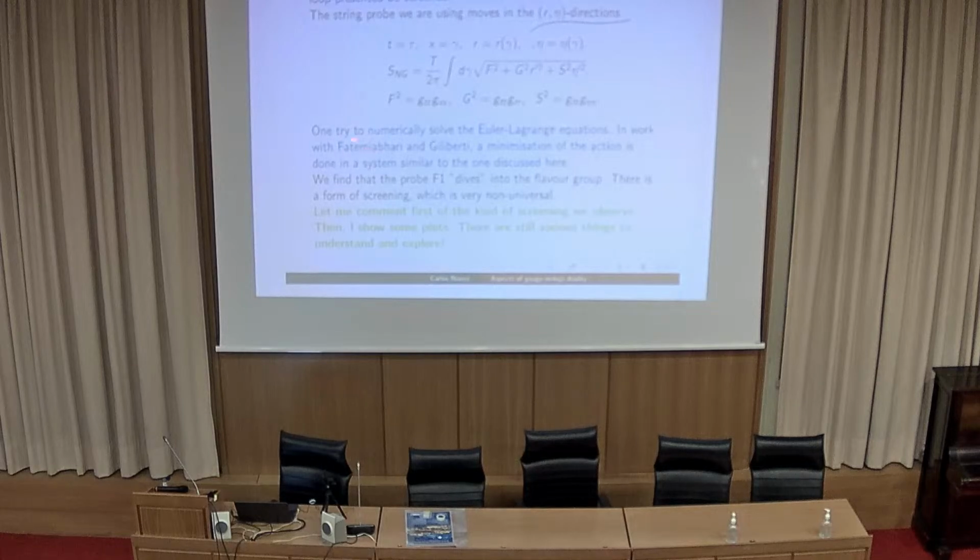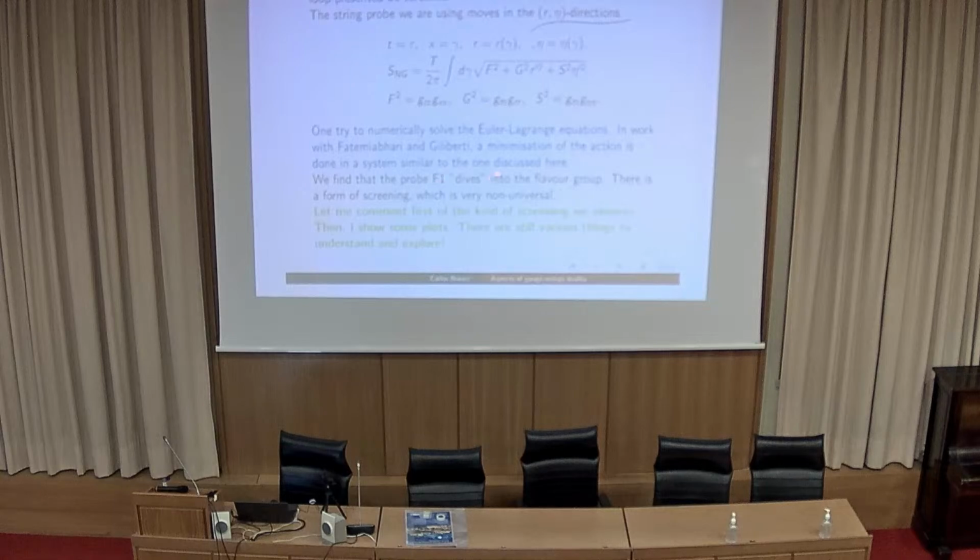In work with Ali Fatemi-Bari and Mauro Filiberti, who is a specialist in numerical problems, he devised a way of solving this by minimizing the action, searching for the minimal solution. What we find, and this is the bottom line,